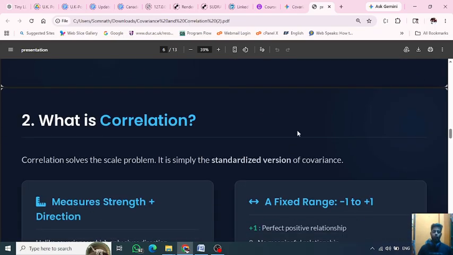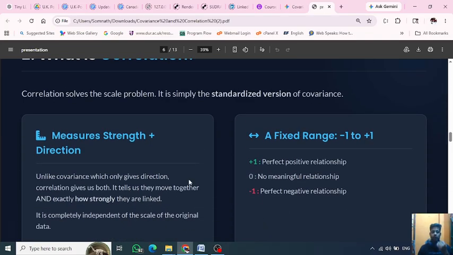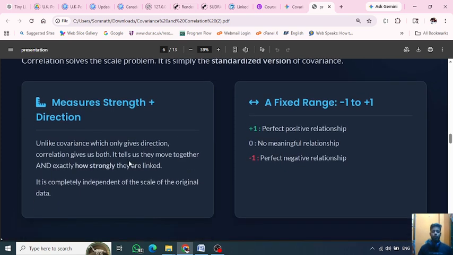correlation. Correlation solves the scale problem because it is a standardized version of the covariance. So unlike covariance, which only gives a direction, correlation gives us both. It tells us how they move together and exactly how strongly they are linked. It is completely independent of the scale of the original data. As I mentioned, it standardizes the value of the covariance